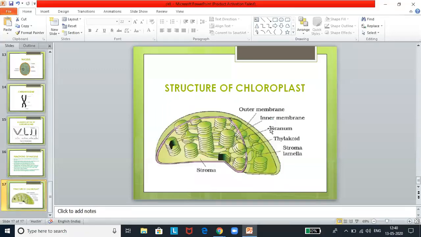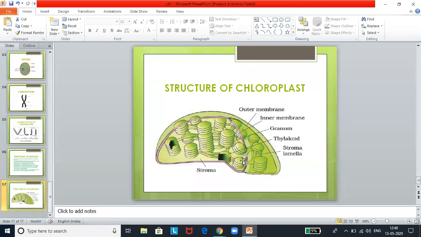The important thing is the chloroplast. This is the structure of the chloroplast, very, very important. They are the photosynthetic apparatus of the plants. Chloroplasts are specialized semi-autonomous organelles found in the cytoplasm of the cell. Each chloroplast is bounded externally by unit membranes made up of lipids and proteins. Internally, chloroplast is filled with stroma. So this matrix is known as the stroma.